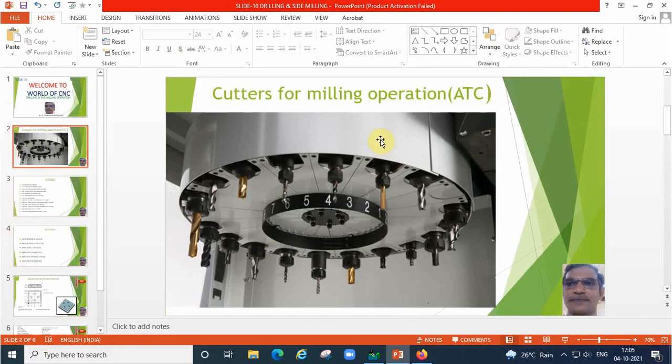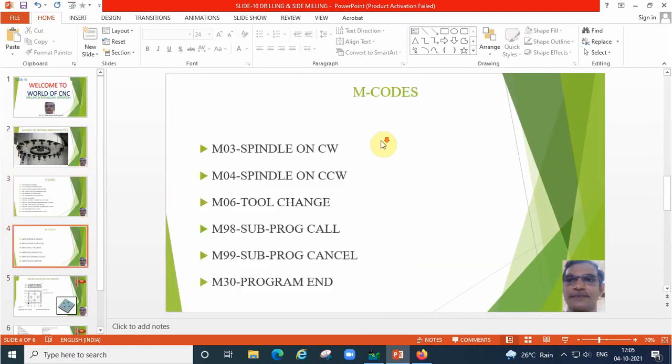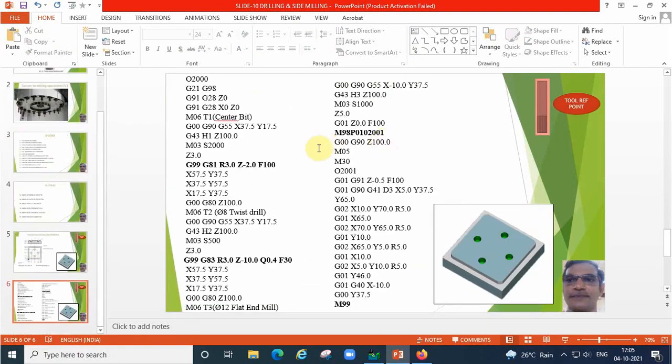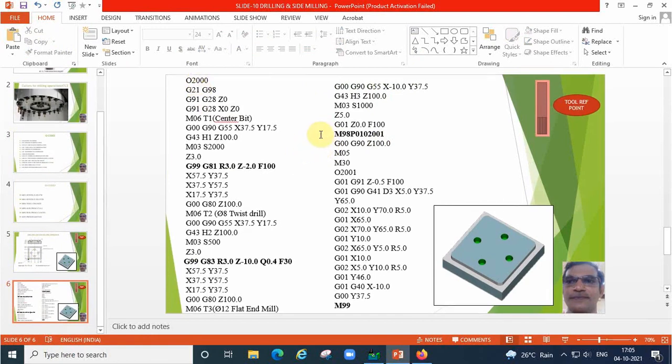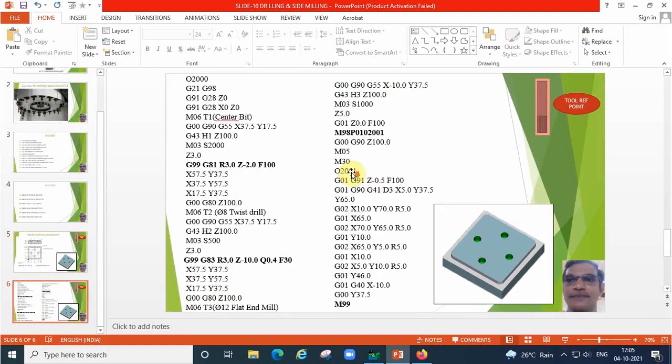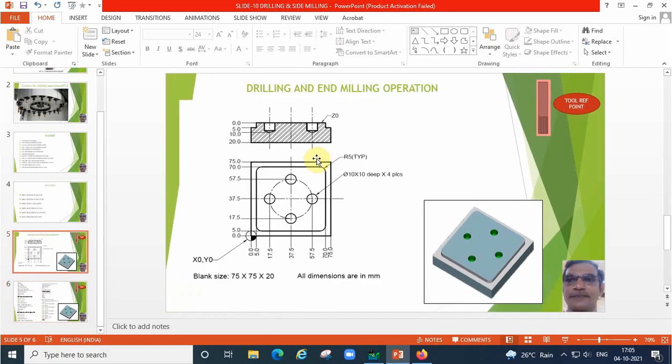And the next one is the main program. Now we are going to write the program for that profile. First we will see the coordinate points. Say this is the reference point at the corner. In the previous profile mirroring operation we took a middle reference. Here we are taking the corner reference only. From this point only we are giving all the dimensions.